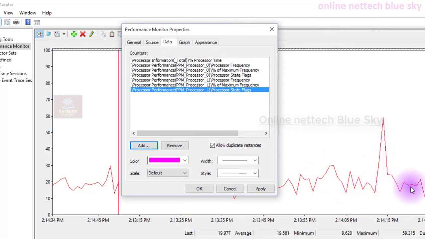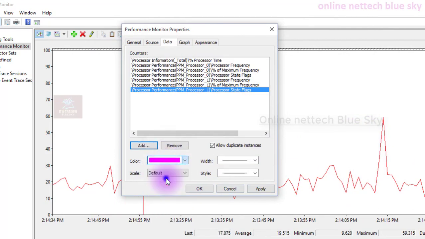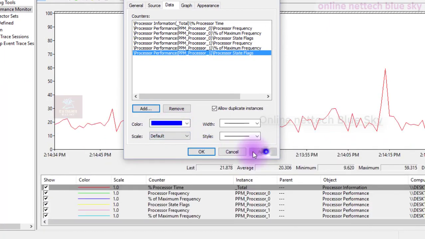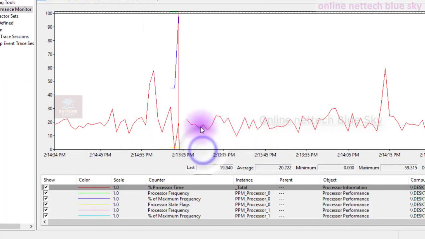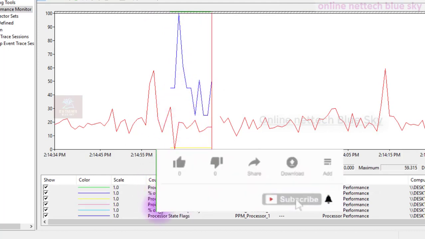So you can see here, everything is added and showing here, customized, because there is already a red line, this area is the processor time, but I am adding another, a blue line, which is processor related. Okay, click Apply, and OK. So this is the red line with a blue line showing everything, and this is the CPU processor frequency. You can see here everything is showing on my computer.